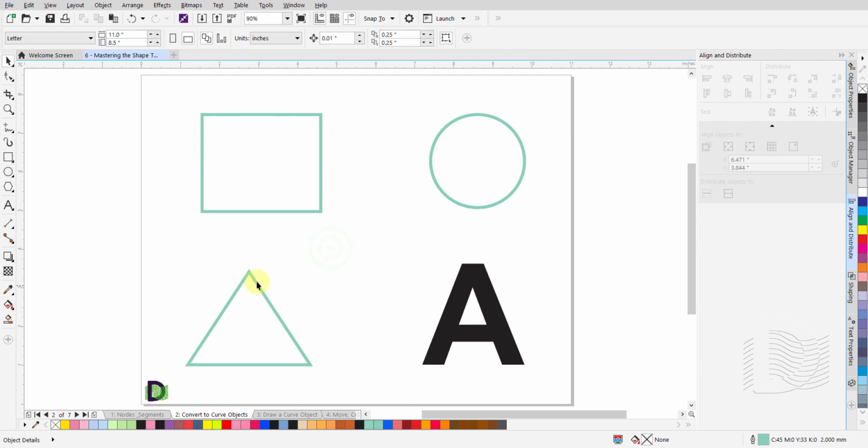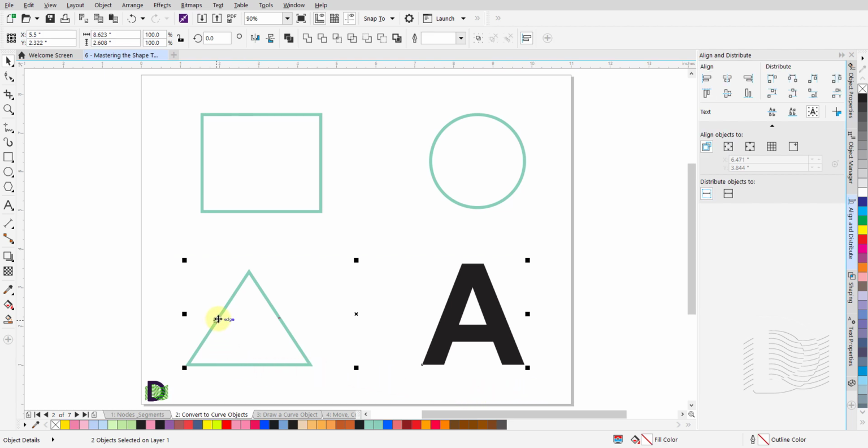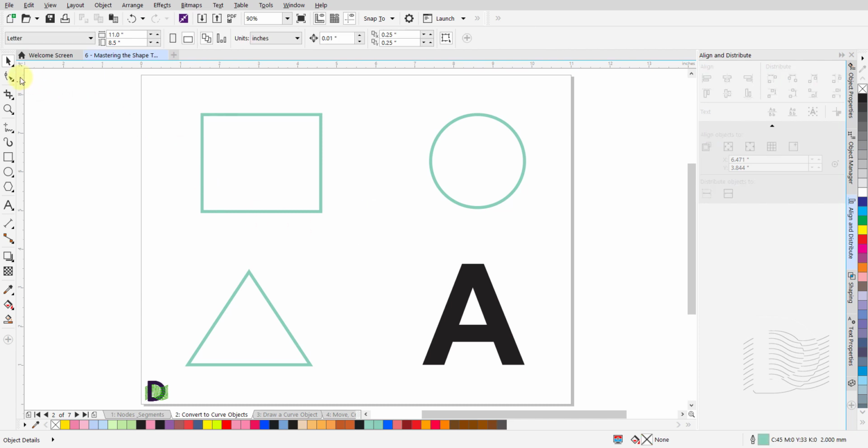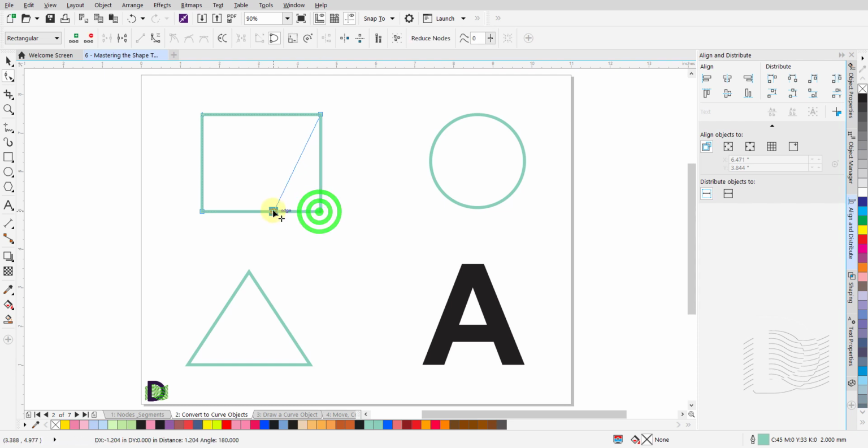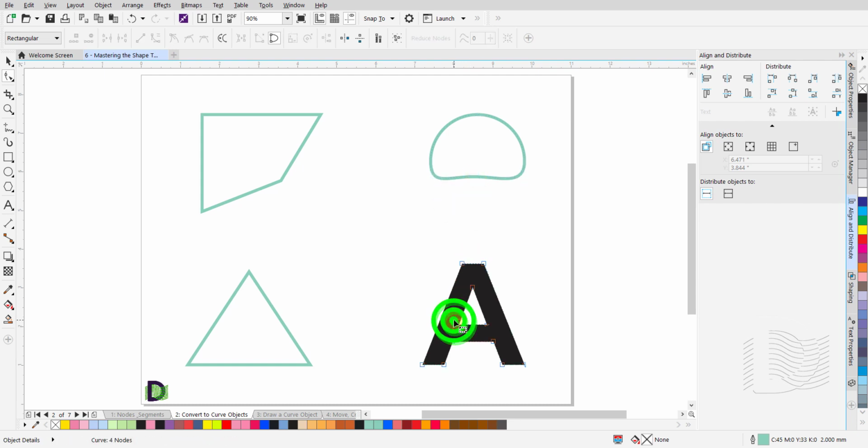You are able to select more than one item at a time and convert them to curve objects. You can draw a marquee around the objects you wish to select. Using the keyboard shortcut, press Ctrl-Q, Command-Q on the Mac to convert the selected objects to curve objects. Now, you are able to select any one of these newly created curve objects with the Shape tool and manipulate them as you wish. We will be learning the details on how to manipulate them in a different tutorial.